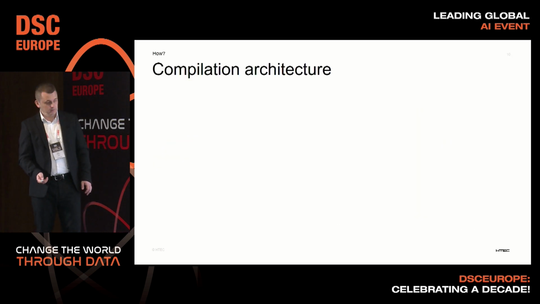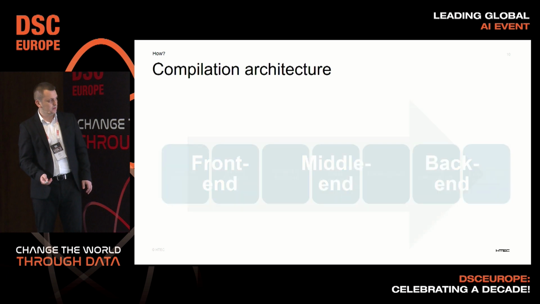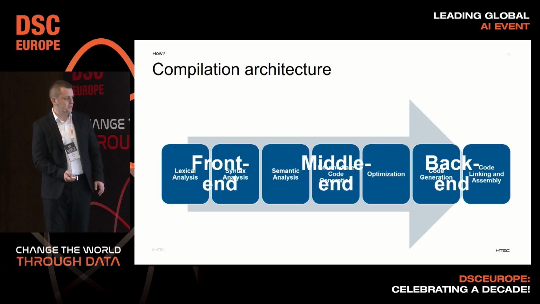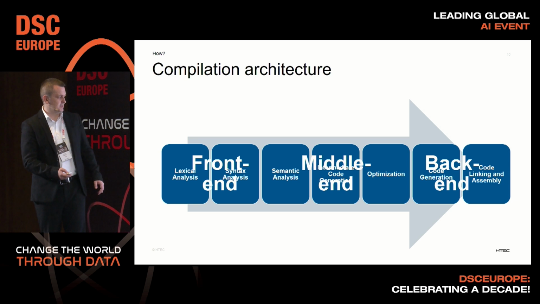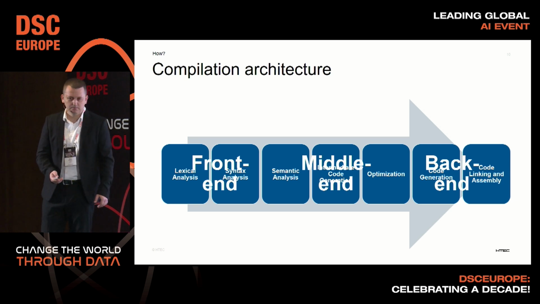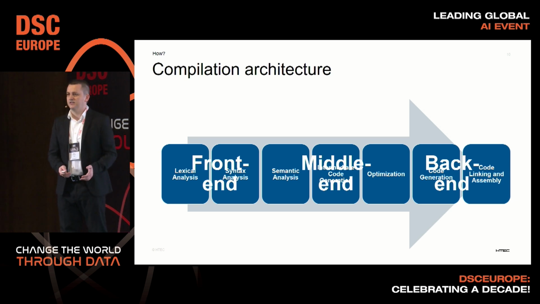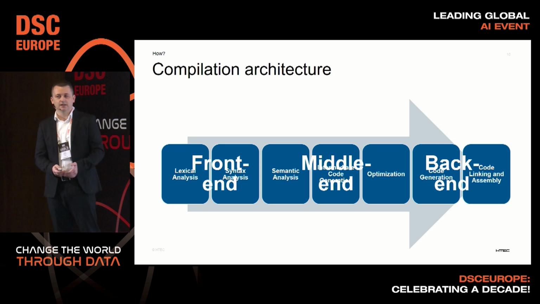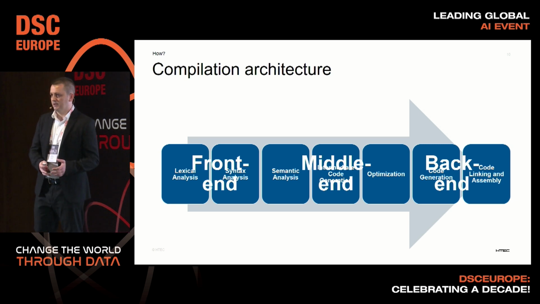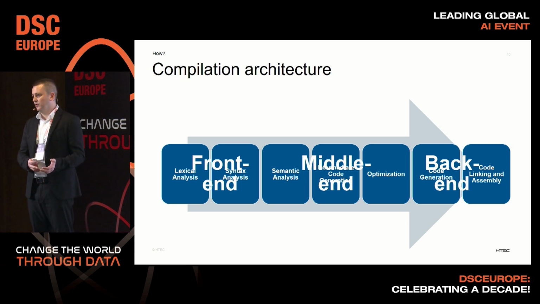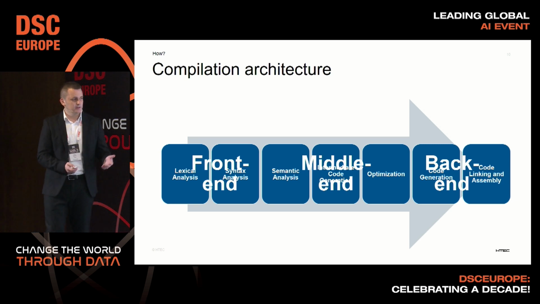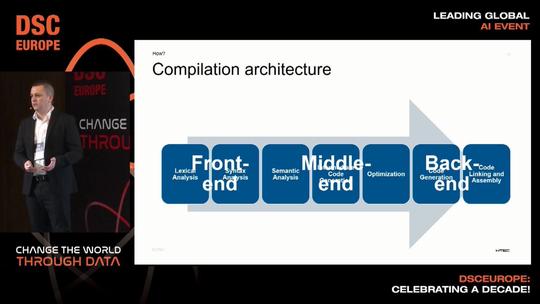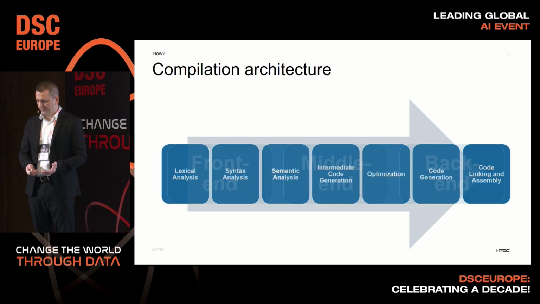I'm not quite sure how compilation works. There is some problem, but I will try to just rephrase. So in most compilers, we can identify three parts: front end, middle, and back end. Those are responsible for loading your model and making some transformation or optimization over it. And at the end, you have a back end that needs to generate the code for your platform.